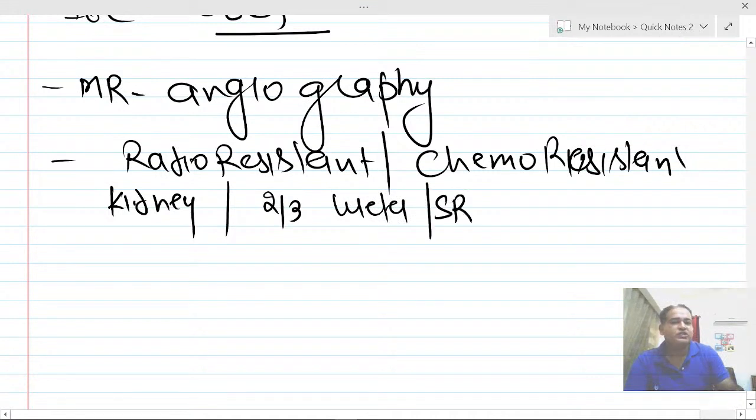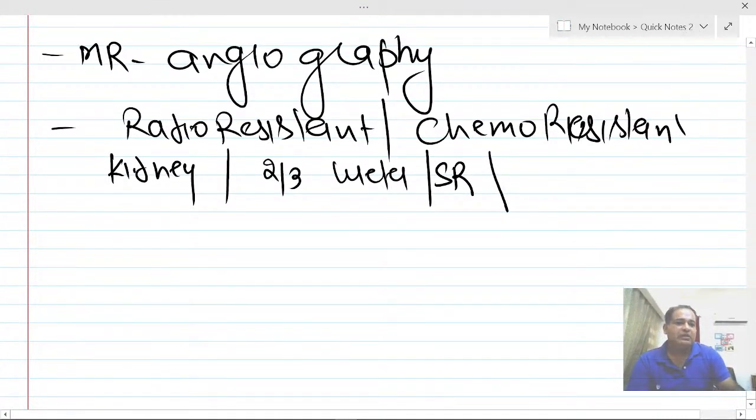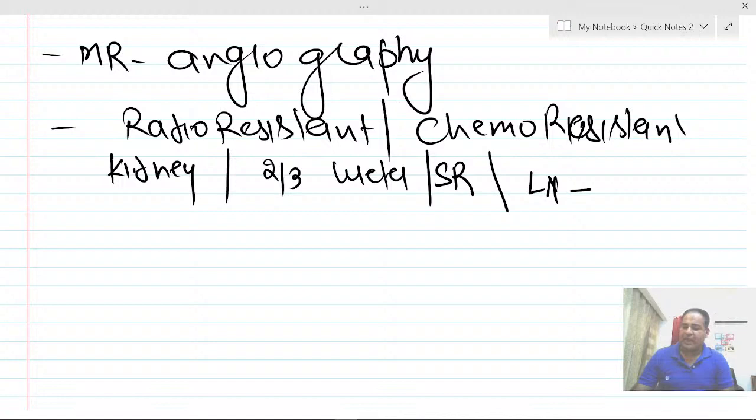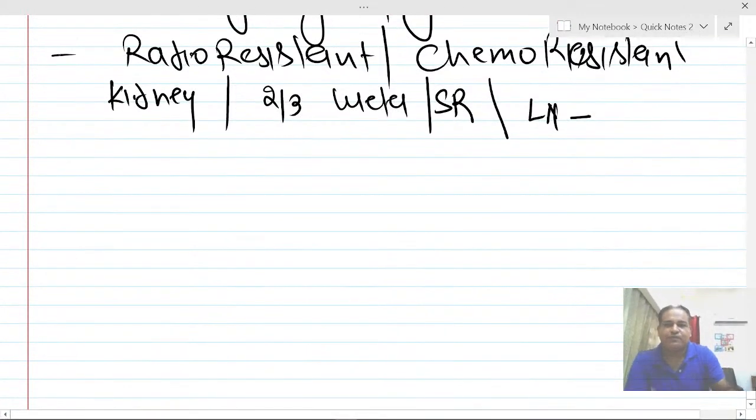We will cut the suprarenal glands. We'll cut the lymph node from the hilum and para-aortic region, also from the hilum of the kidney and the para-aortic region. Fine. Now, if your patient has bilateral disease,